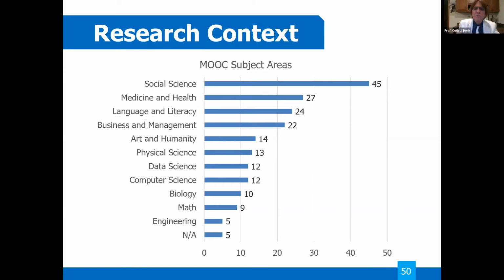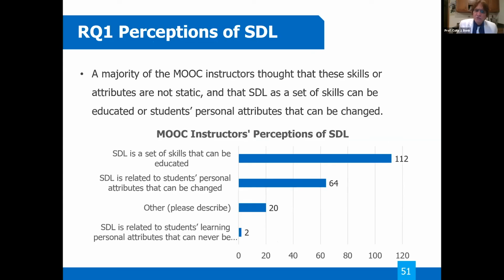And you see medicine high in all our studies. Isn't that right, Mena? Yes. Seems like medicine is doing a lot of MOOCs. Not often language and literacy. Business somewhat high, social science, yes. It changes in all our studies. It changes, but computer science is generally high.